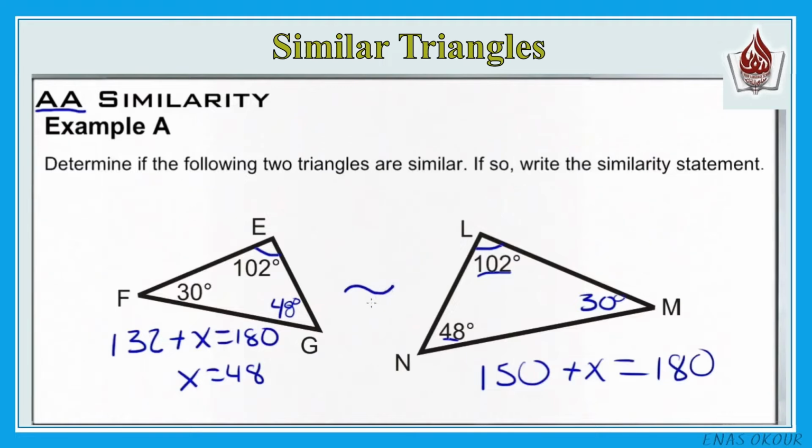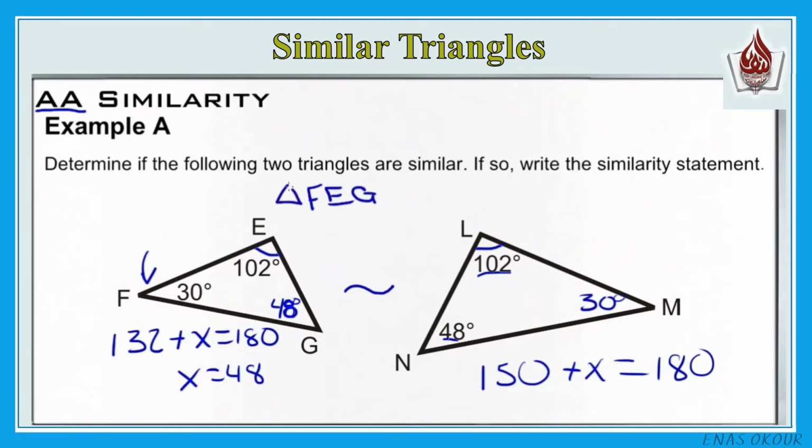So then we need to write the similarity statement, and the reason we have to think a little bit about that is we want to make sure that we write them in the same order. We have to make sure that we write the corresponding angles next to each other and in the same order in the similarity statement. So if we start with our left-hand triangle here, and if we start down here at the 30-degree angle, F, we can write our similarity statement as FEG,